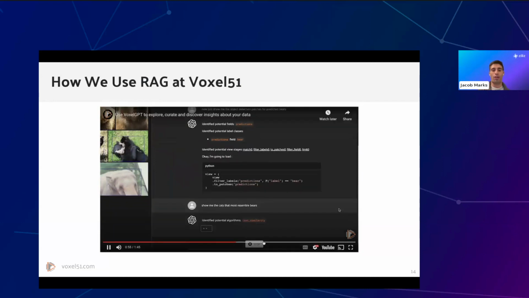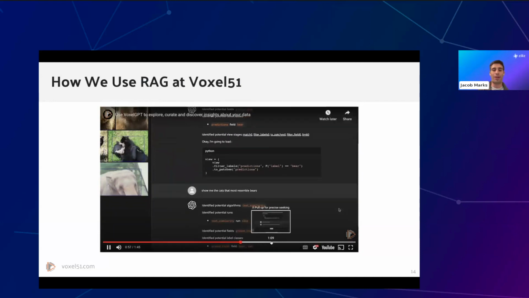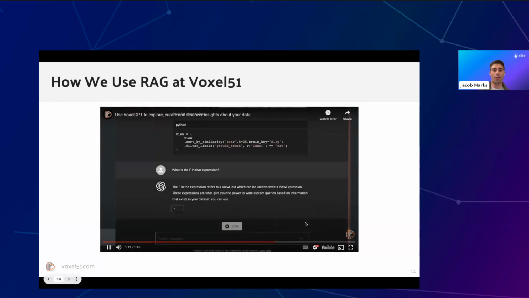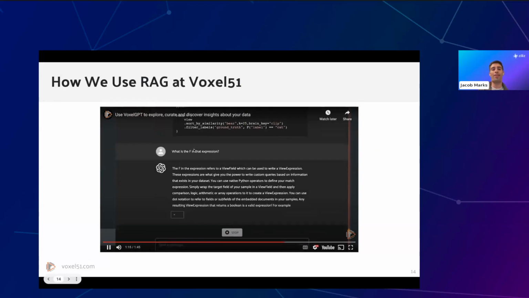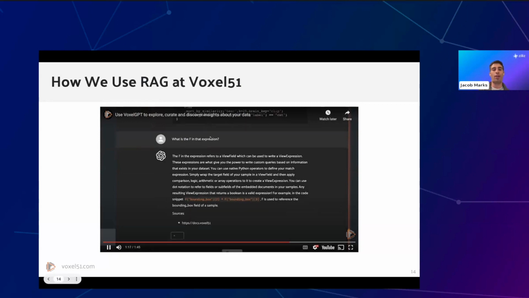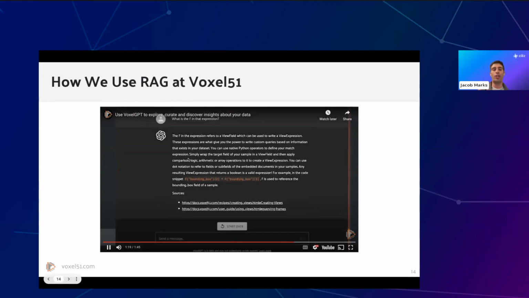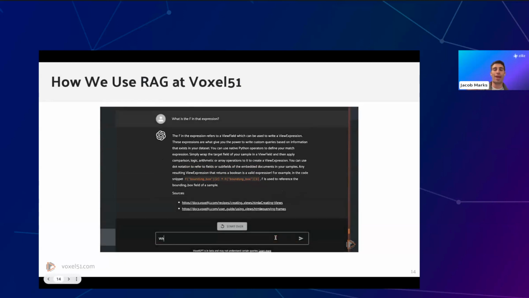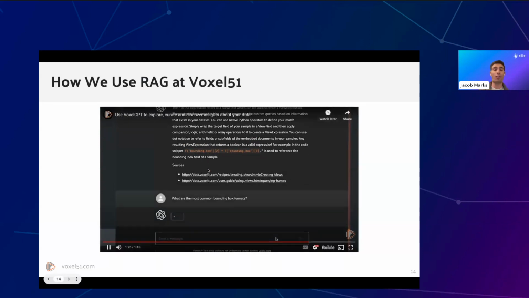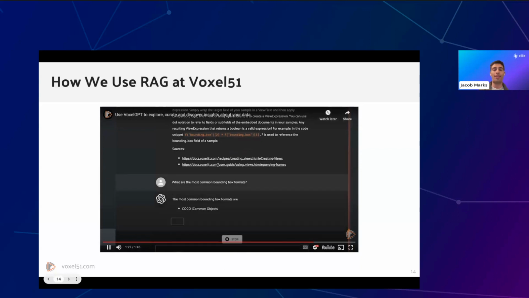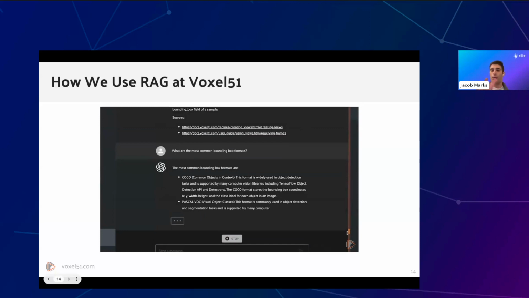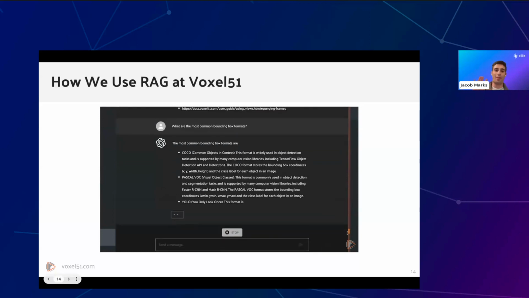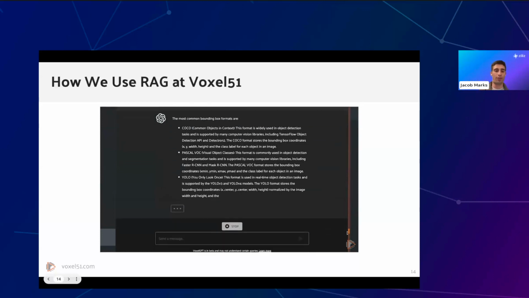And you can also do things like pass it information about the docs. So here we're interleaving questions about our query language. What is the F in this expression? And it is going to retrieve the relevant pages in our documentation and use those to inform its answer. And we get these sources along with the answer here. So we used RAG, very powerful for so many different use cases.